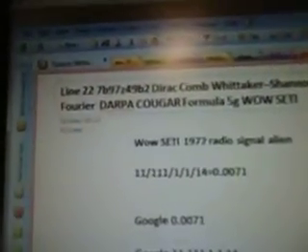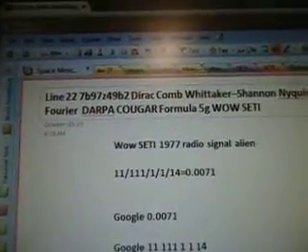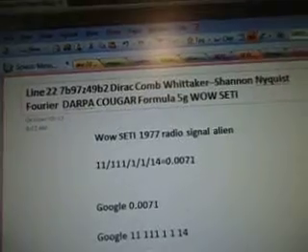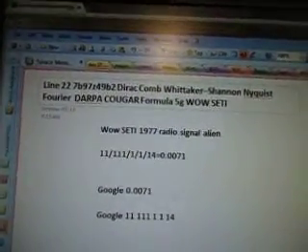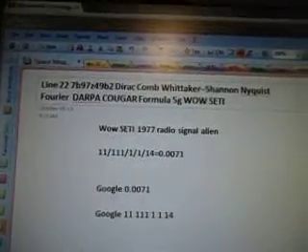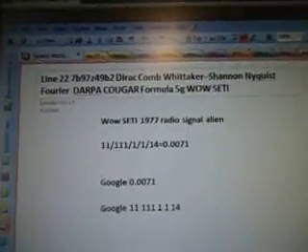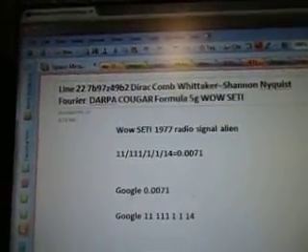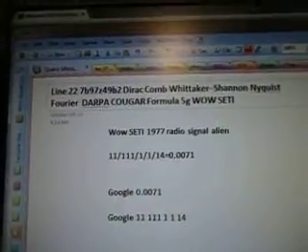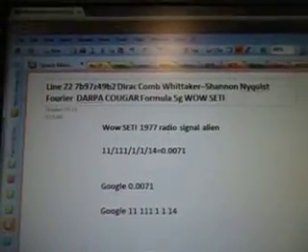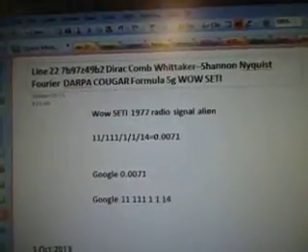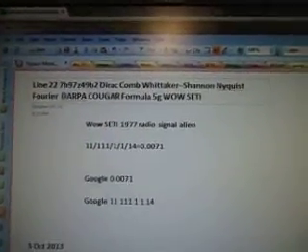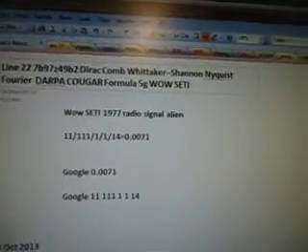So this is line 22, 7b97z49b2. My first one, B1, ran out of battery power, so I split it up and made a second video for it, okay? So you want to go back to the first B1 to see where it starts. Dirac, Whittaker Shannon Nyquist Fourier DARPA COUGAR Formula 5G Wow Seti. The first part is just the data, and this is going to have some data and the formula in it